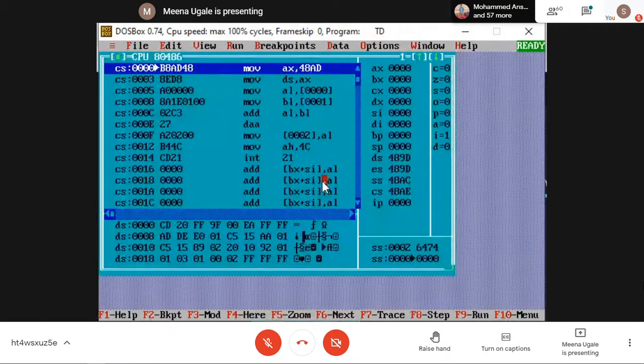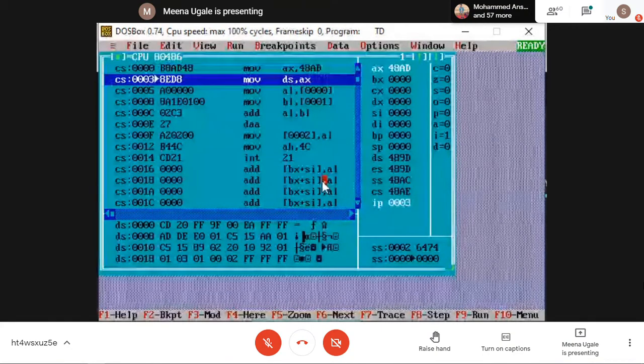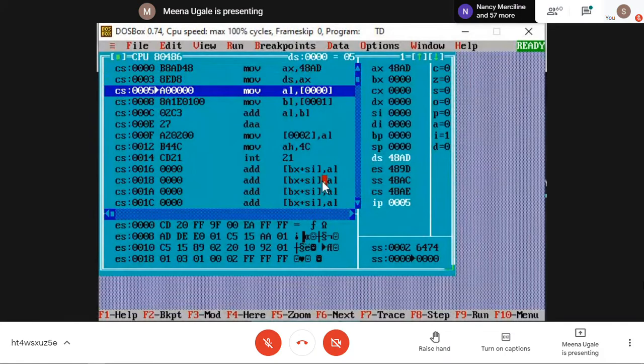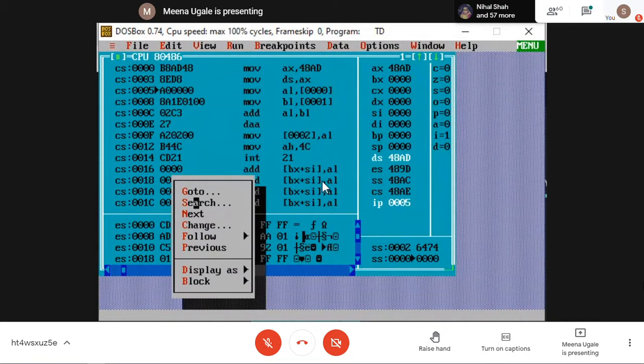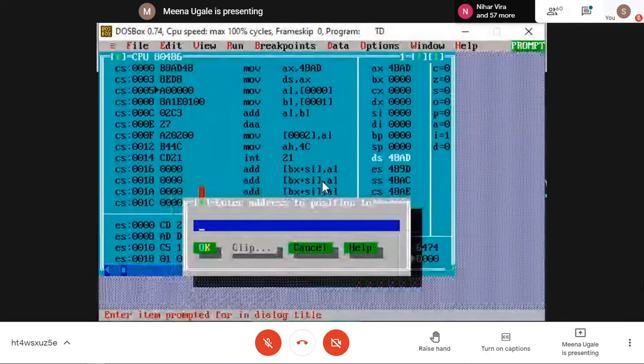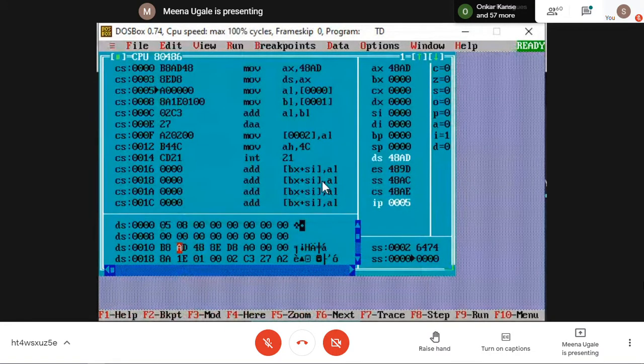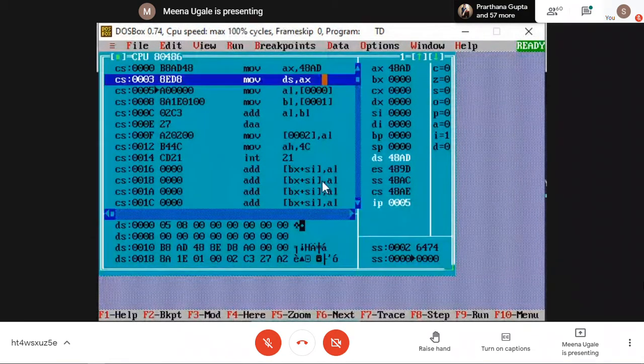Now I'm going to run this program first by pressing F7. My data segment will get loaded. I can go and check my data segment. Click on the downside part, right click, go to data segment and value 0000. I hope you can see on your screen. My screen is showing me my two values, 5 and 8, two numbers. I'm coming back to my original screen now. I'm running the remaining part of my program.